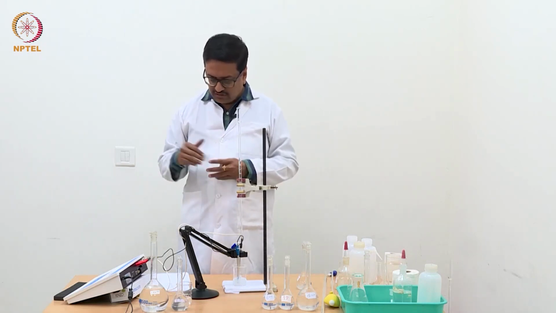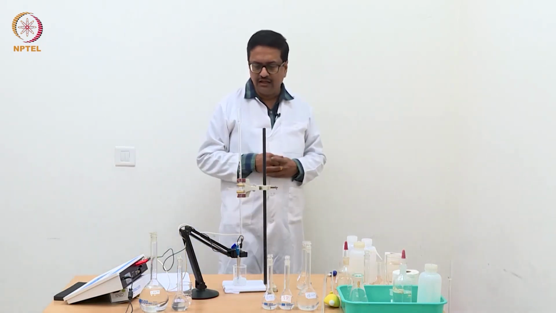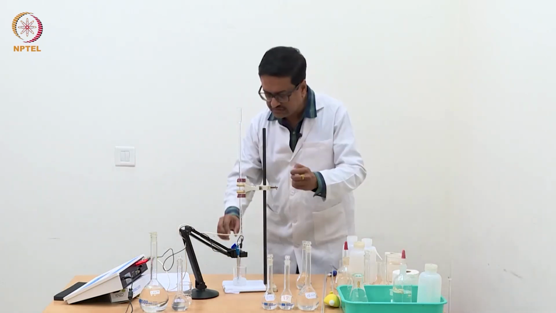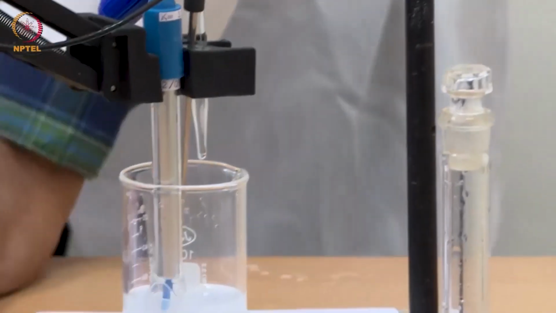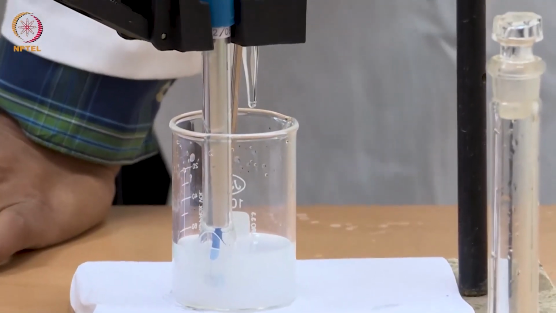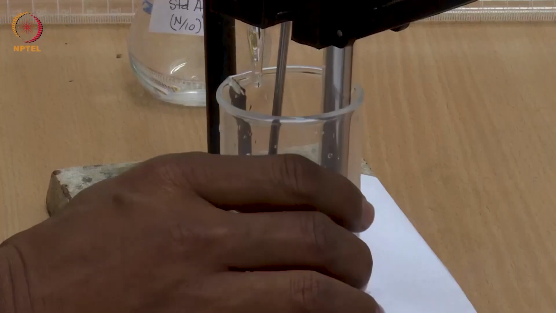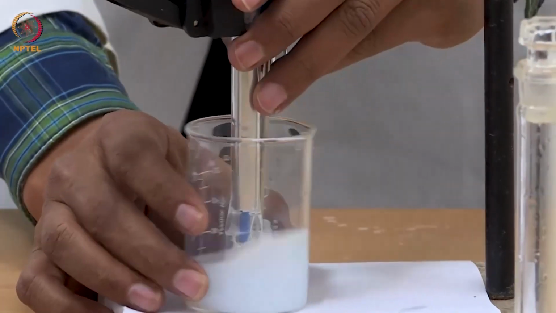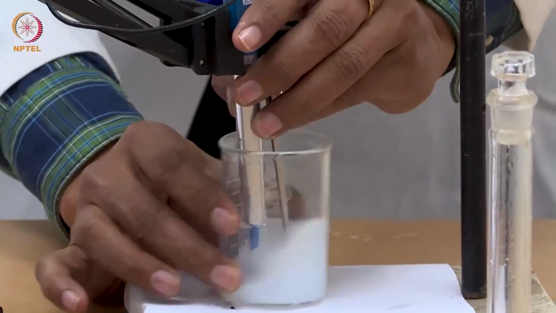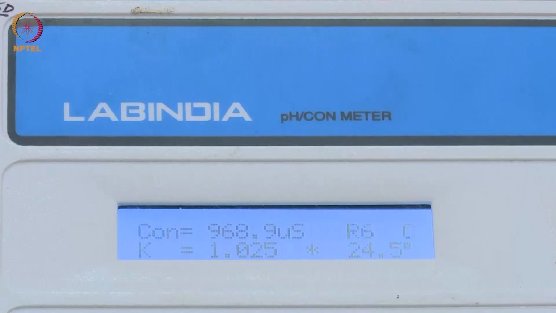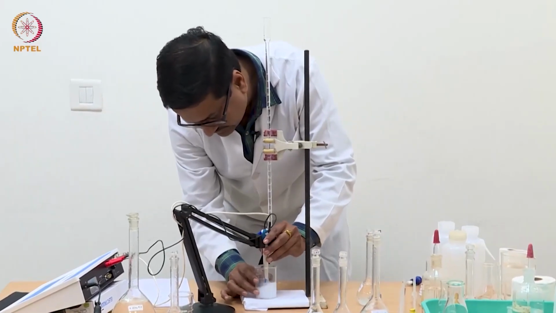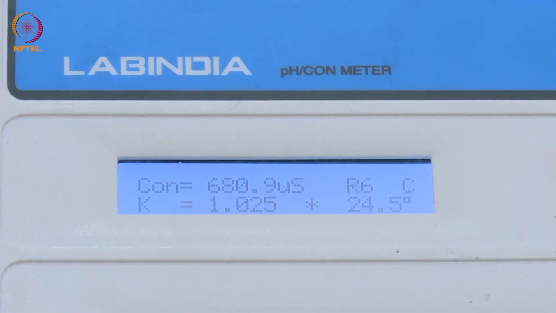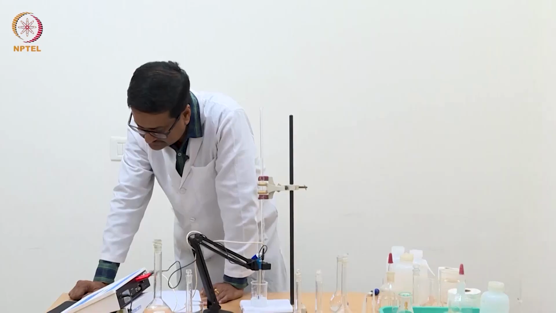points which are after the equivalence point, and for safety purposes we will take one more reading with another addition of 0.25, so we have 2.25. Because at the end when we try to plot we should not be falling short of the number of points. 1 point or 2 points may go out of the straight line, so we would need about 4 to 5 points to draw a best fit straight line. So with 2.25